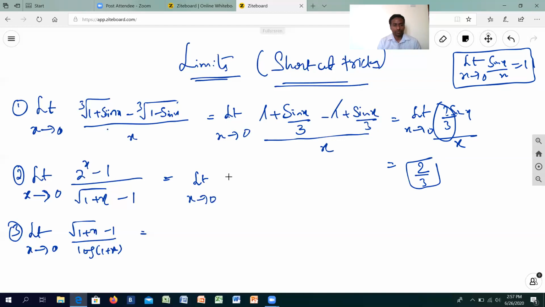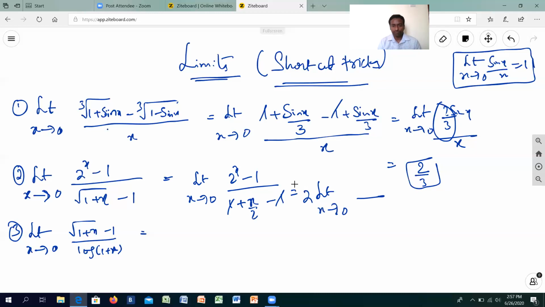Limit x tends to 0, 2 raised to x minus 1. I'm not going to apply it over here because we need a binomial expression. I have this one with the radical, meaning nothing but 1 by 2. So it is nothing but 1 by 2 times x, that is x by 2, minus 1. Cancellation in the denominator, negative, positive. And I know the denominator will be the fraction reciprocal, so let's put it over here before the limit.